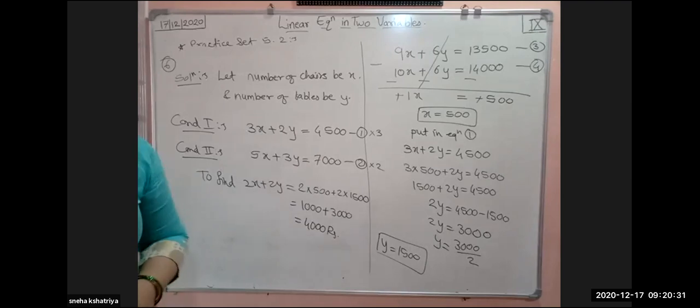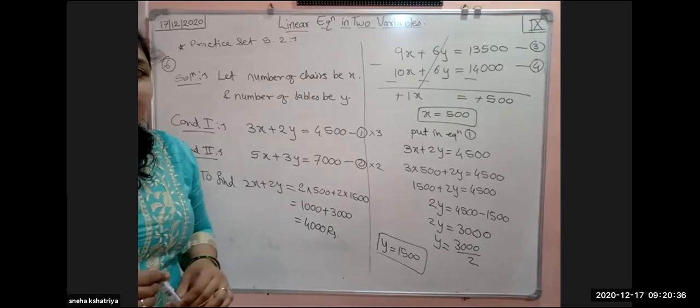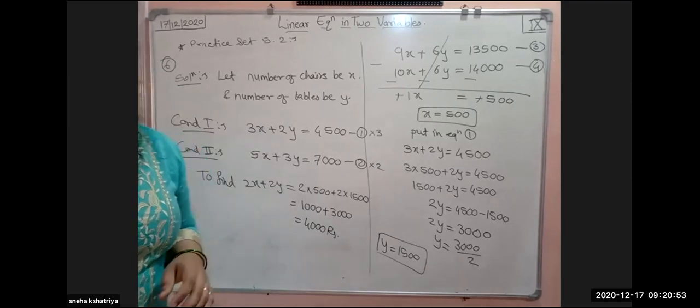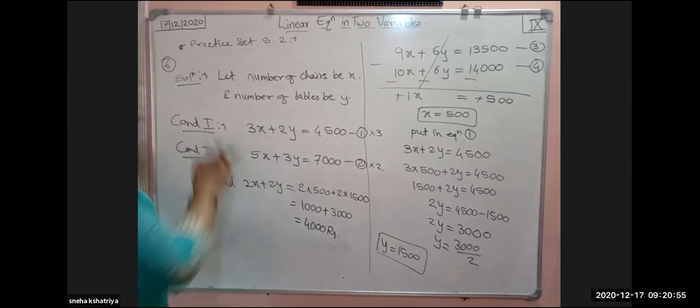So the next questions, from question number 7 to 10, are reduced from your syllabus for this year. So we are not going to take those examples. Okay, questions number 7, 8, 9, 10 are reduced for this year. So we are not going to take those examples. So we will see now the problem set. Okay, we will move towards the problem set.